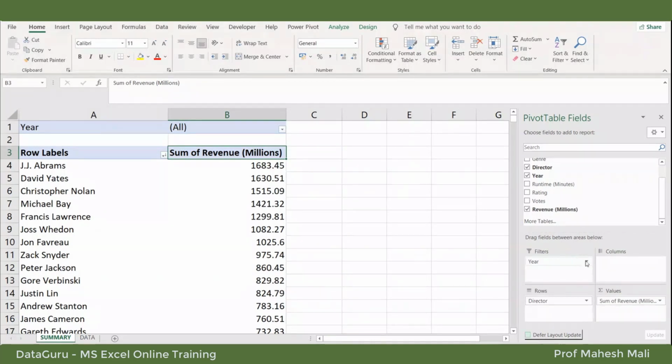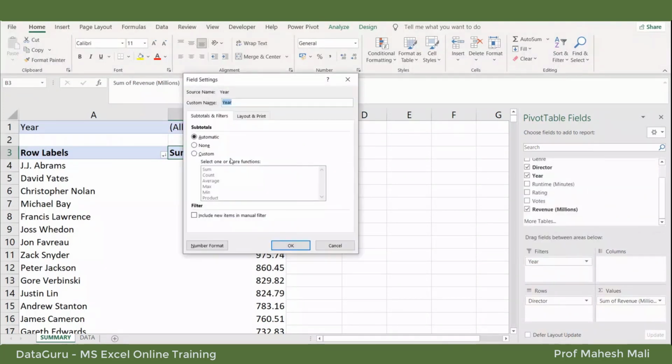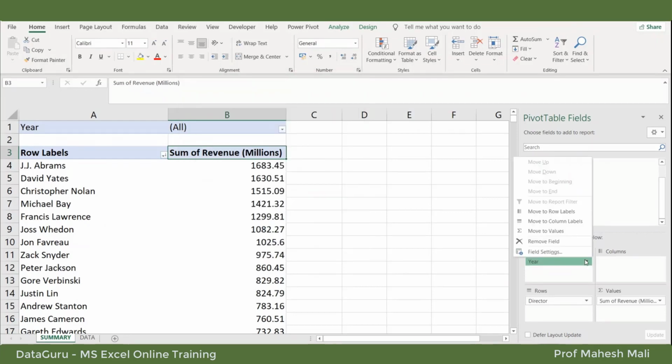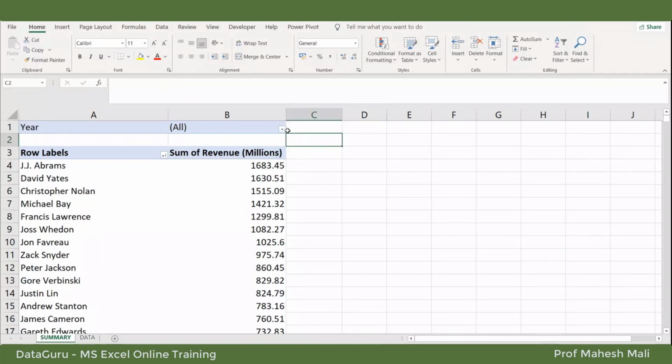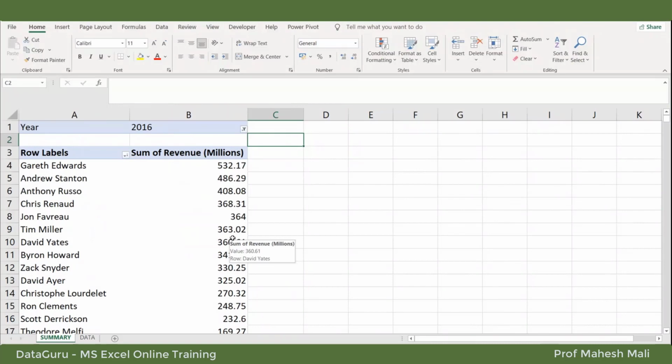I want a year filter, and then I'm going to check the filters, automatic filters, custom, okay? See, here I applied the filter, and if I select only 2016, this is now the data of 2016.